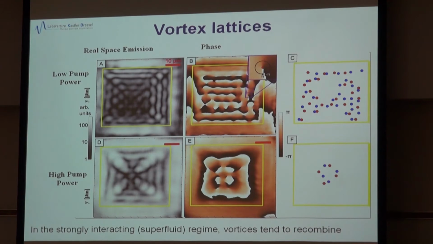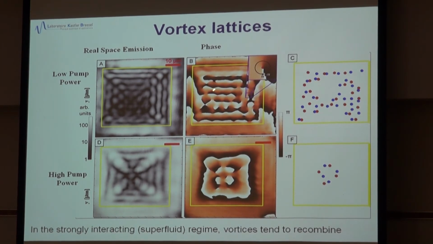So with a rectangular mask here, it's like 4 beams coming like this, this, and this. And here we have seen also, so this has interference that produces vortices and anti-vortices. So pairs here, at the crossings. And you see here the behavior for low pump power, so the interference fringes, and here the phase diagram, and the vortices can be seen here, the pairs can be seen here,